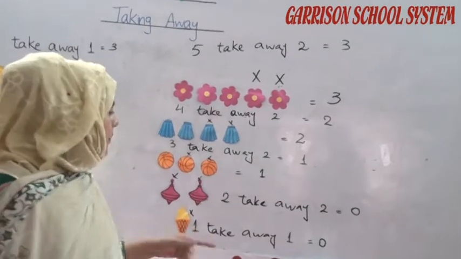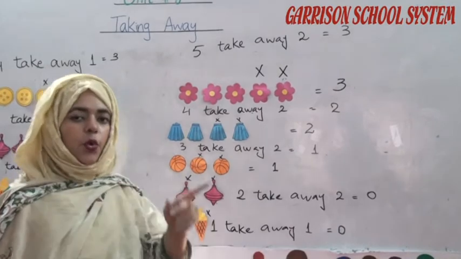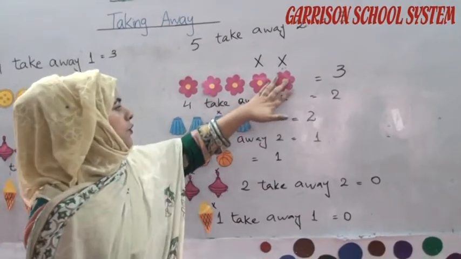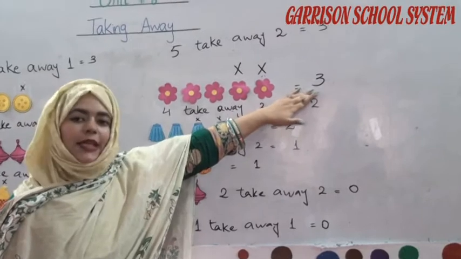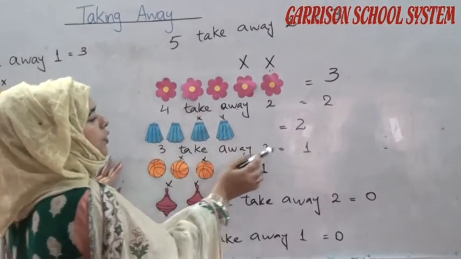That means, अगर आपके पास 5 चीजें हैं, उसमें से 2 आप अपने दोस्त को दे देते हैं, 2 फूल अपने दोस्त को, तो आपके पास क्या होगा? 3. अगर आपके पास 4 है, then if you give 2 to your friend, then you will